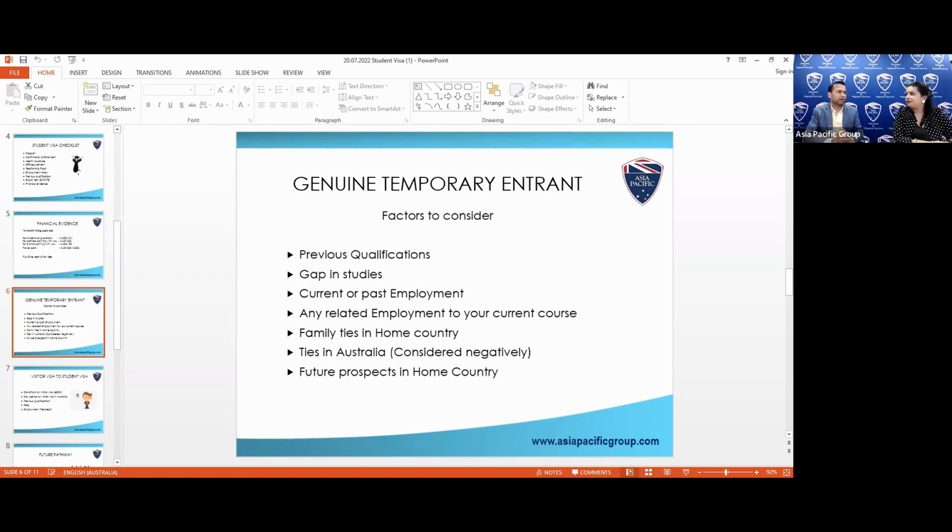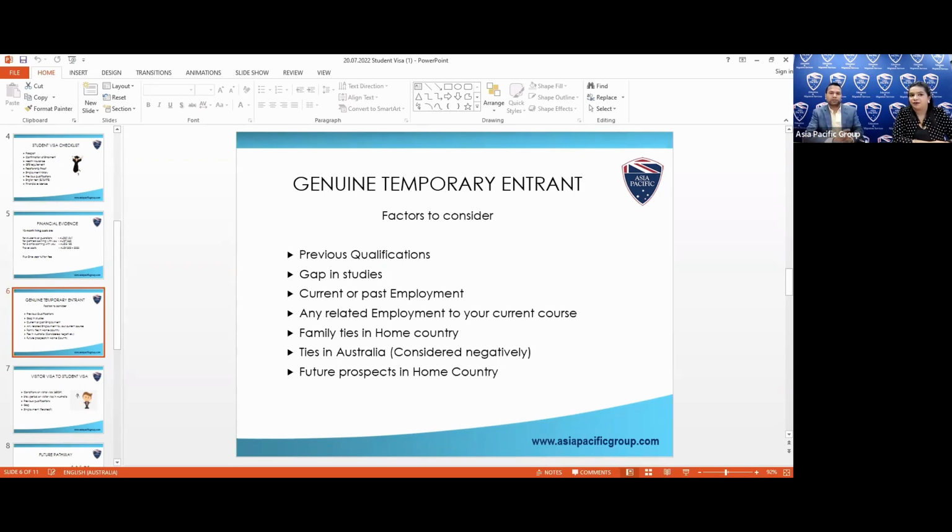For example, the department asks for an English test. You need to provide your English language ability, and you can prove it by your IELTS or your English test results. They want you to show funds. You can show your funds by a bank statement or FD or any other documents like an education loan. But when they ask you to prove your genuineness, there is no specific rule. Every student will call themselves genuine, but again, their story must stack up.